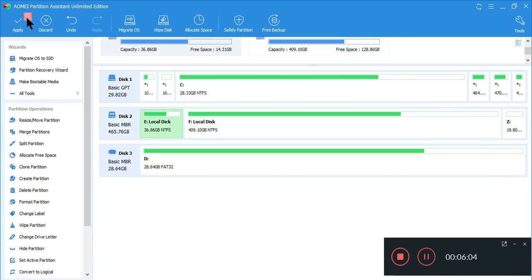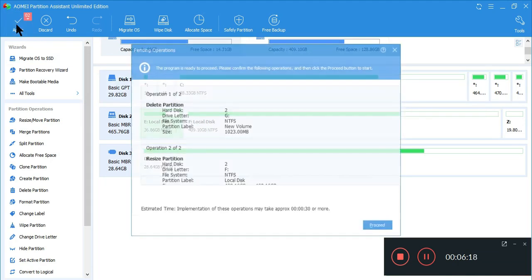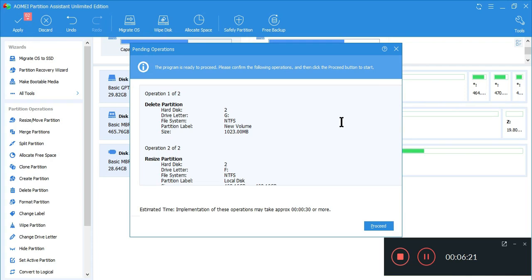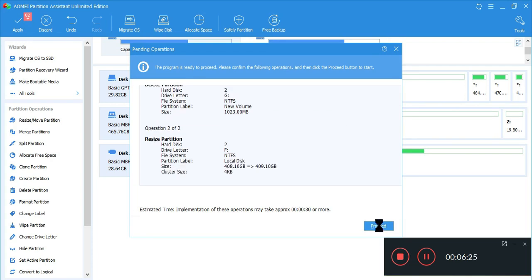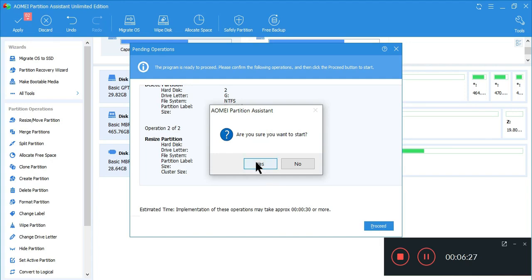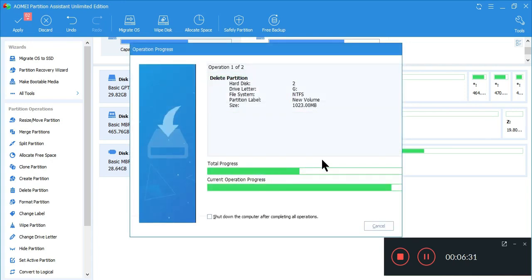You can see here we have two processes. First, we deleted the volume that was present here, and then we merge the volume with this F local disk. Then we click on apply, and click on proceed. Do you want to start? Yes. And now it starts.